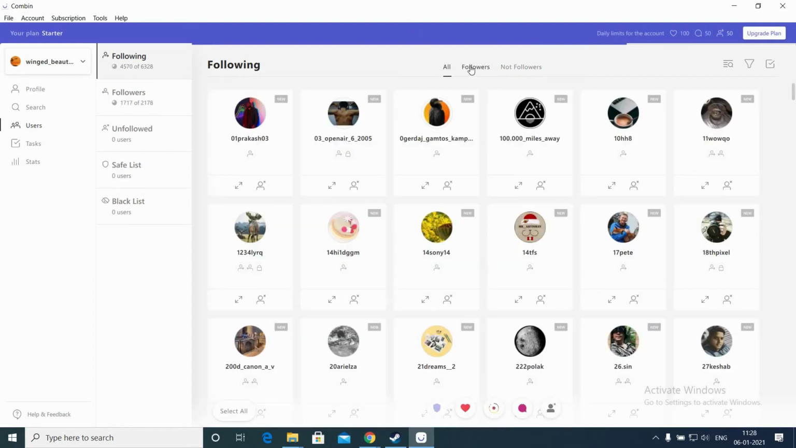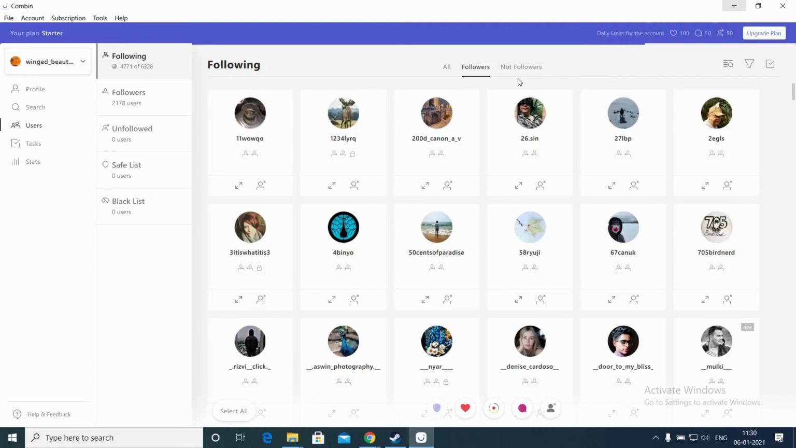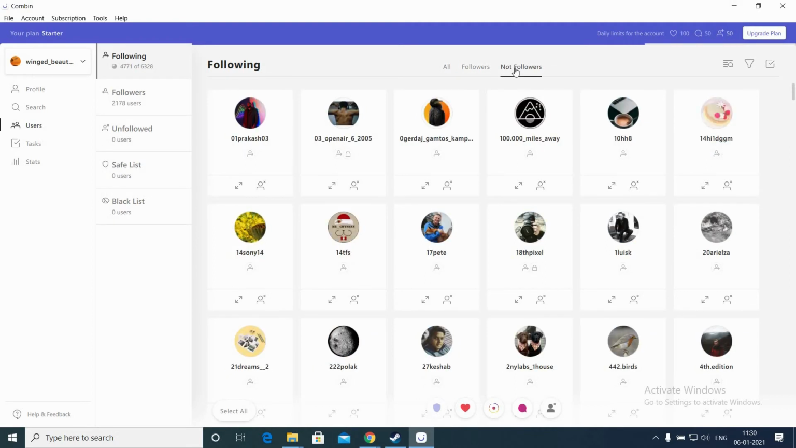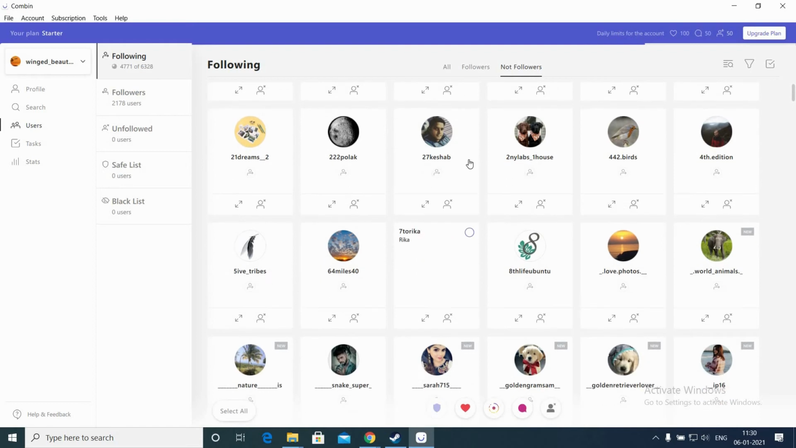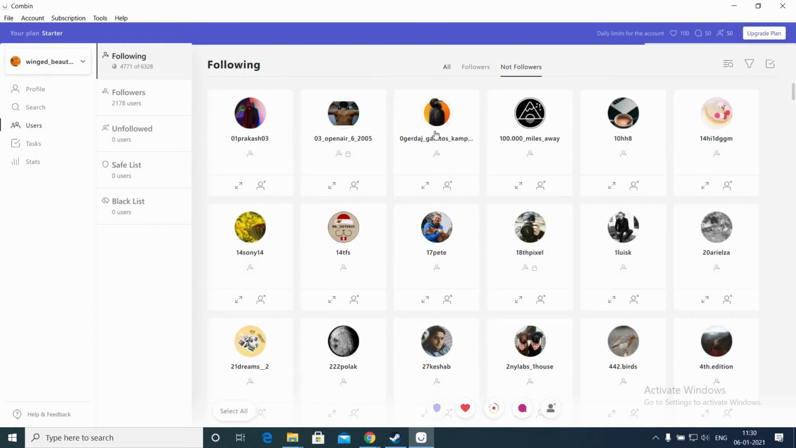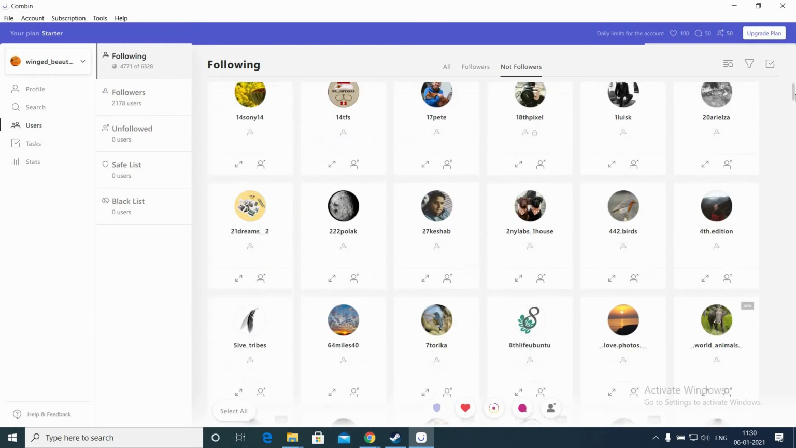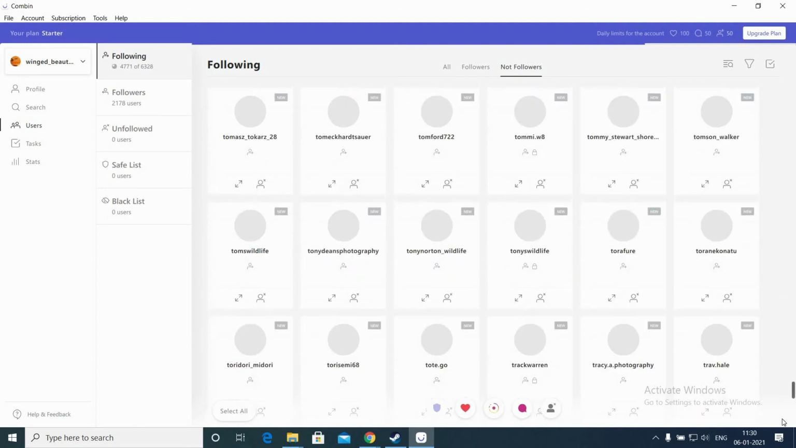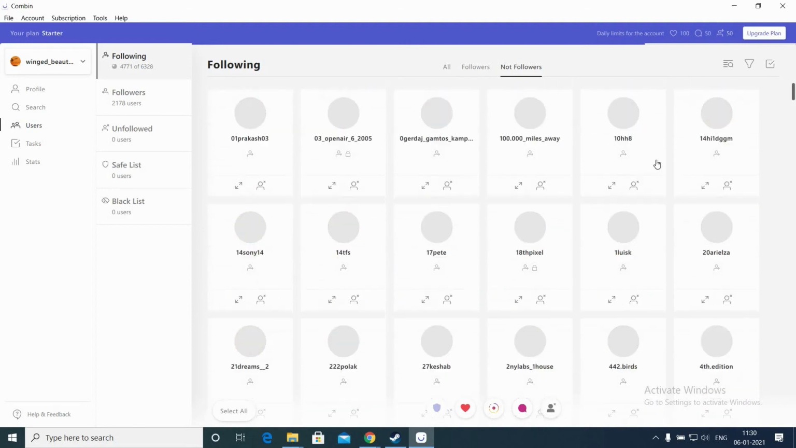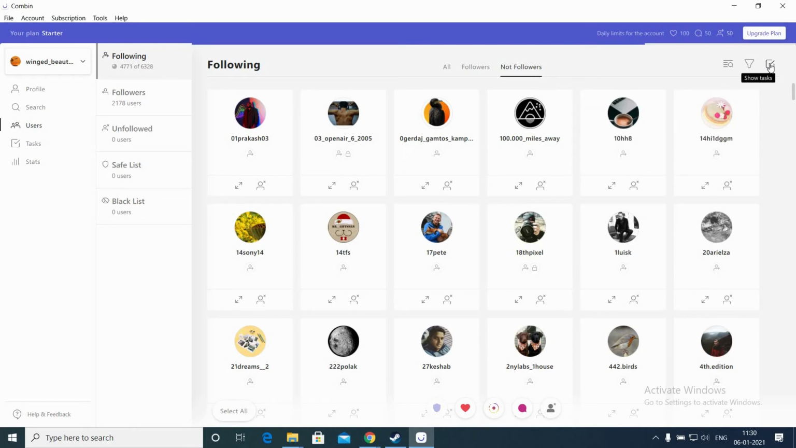Now I'm going to the following tab. This All tab gives all the users whom we are following. The followers are the users who are following you back, and the non-followers are the people who don't follow you back. So we are going to unfollow them. You can see the list. These are the people we are following and they are not following us back. You can search for a specific user using search user. Now you can unfollow them